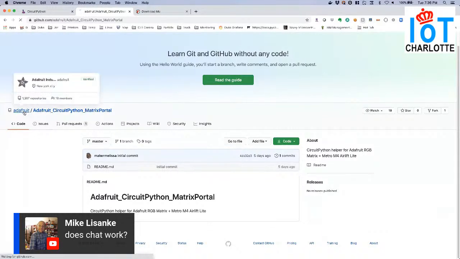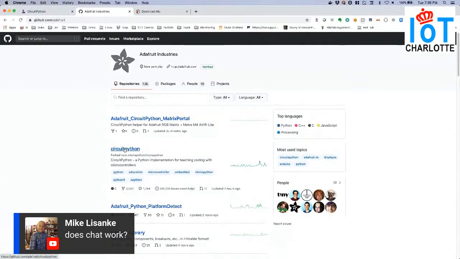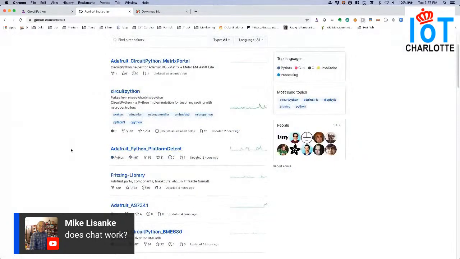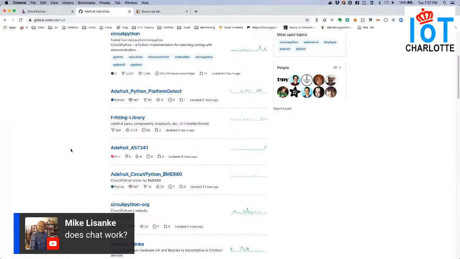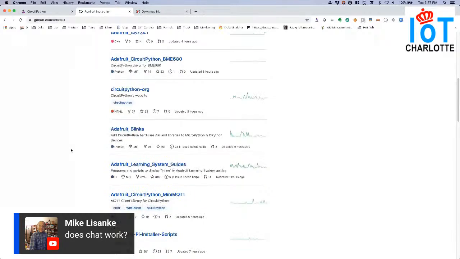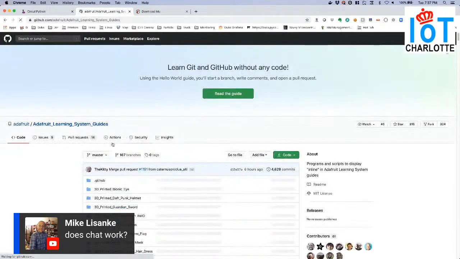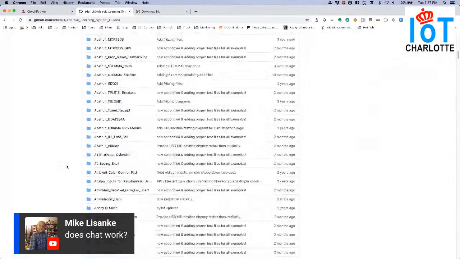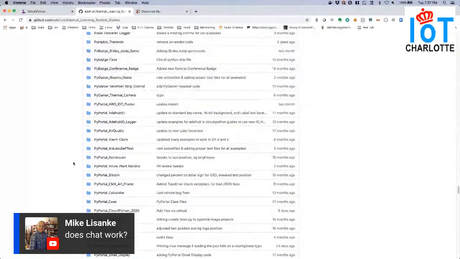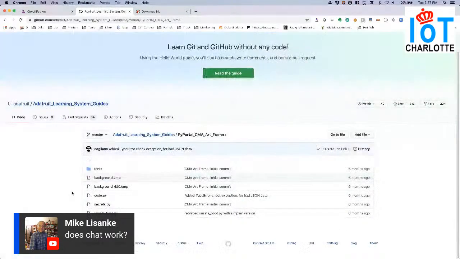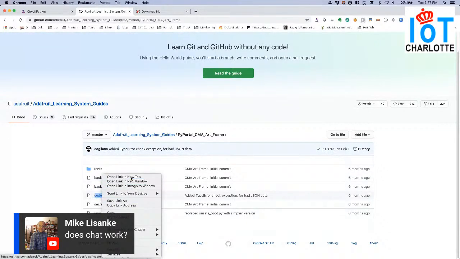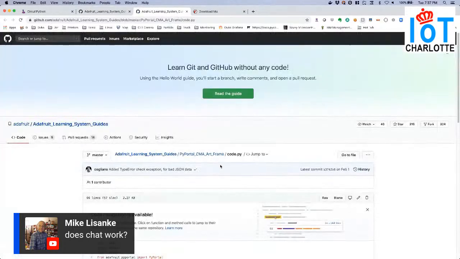It's empty. So here's the PyPortal. And we can see in here it supports BMP files as far as pushing everything to the screen.